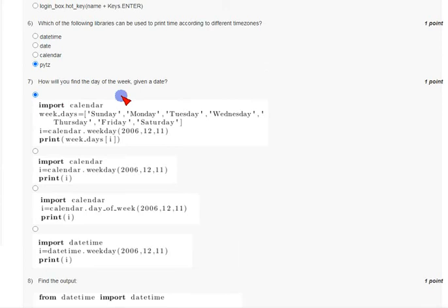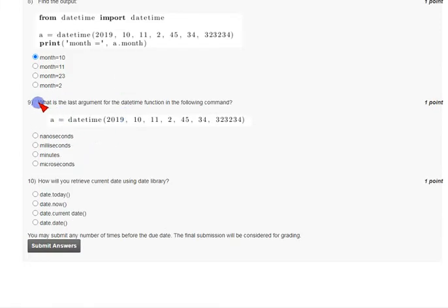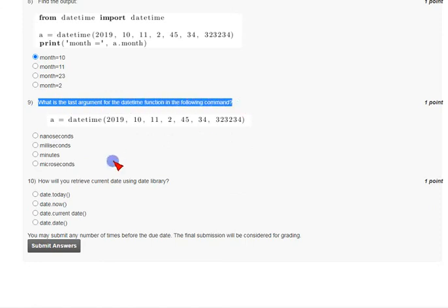Coming to eighth question, they have given a small code and they are asking to find the output. So the answer for this is option A, that is month equals 10. Coming to ninth question, that is last but one question of this week, what is the last argument for the datetime function in the following command?